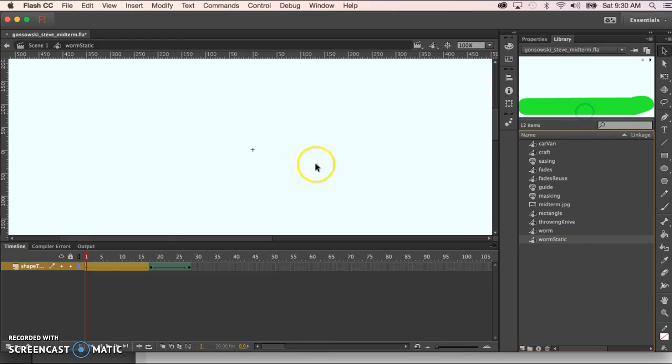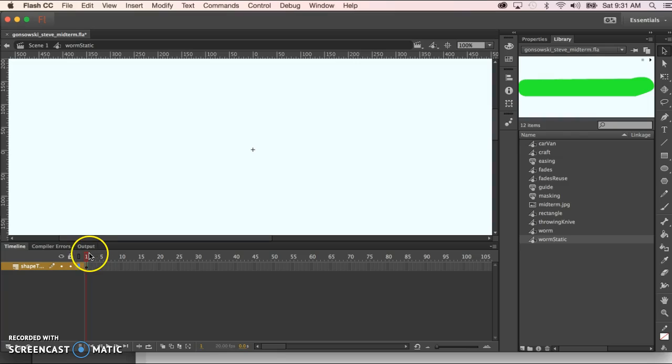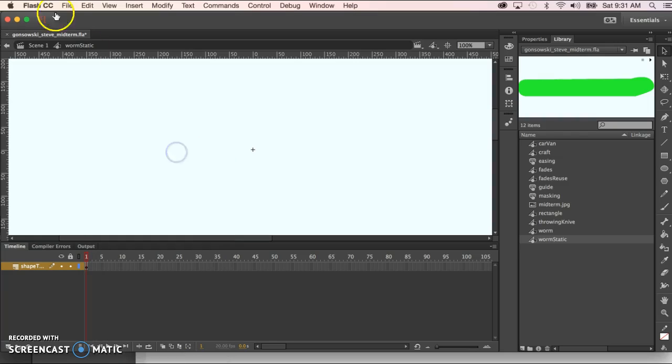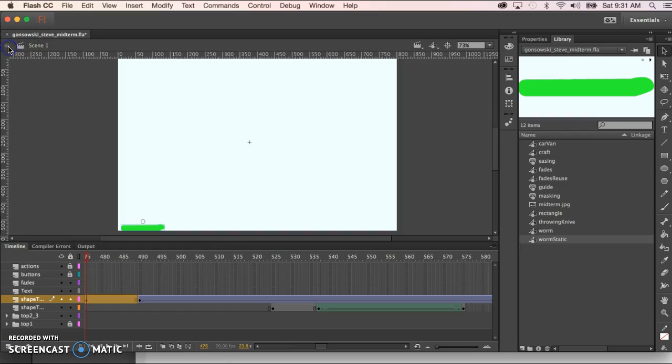So when I double click here, I'll go into the timeline for it. And I'll select these frames, do a Shift F5, so now it's just a single frame, and I can get rid of that tween that's in there too. So it's just a single frame of the word worm. If we go back to the main timeline,